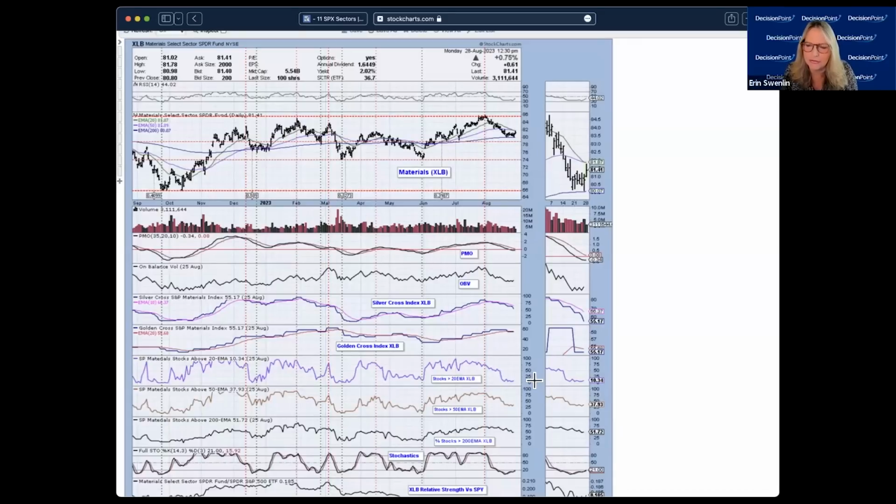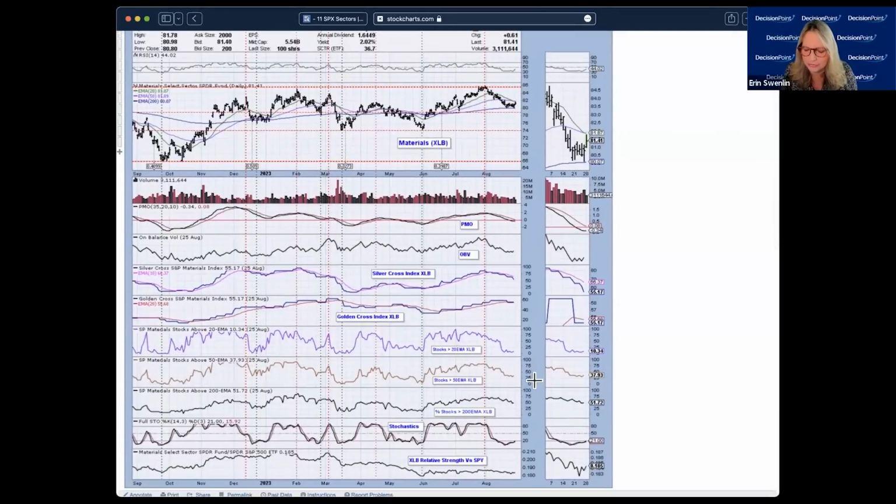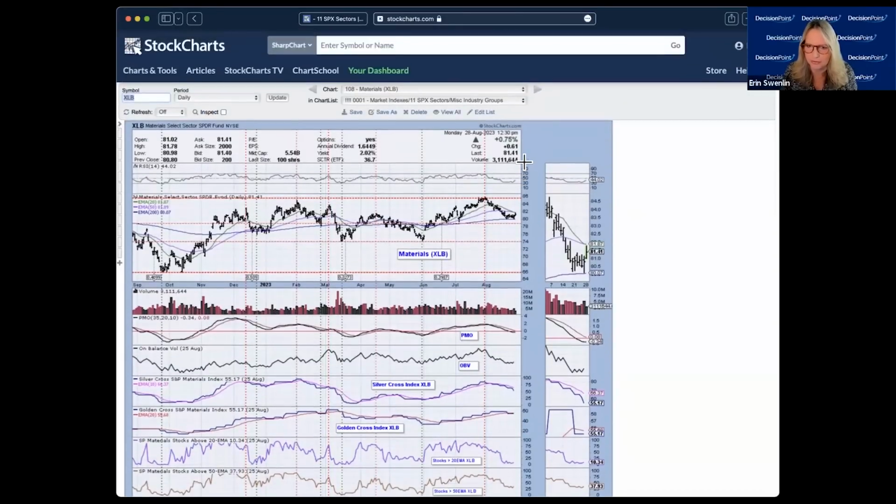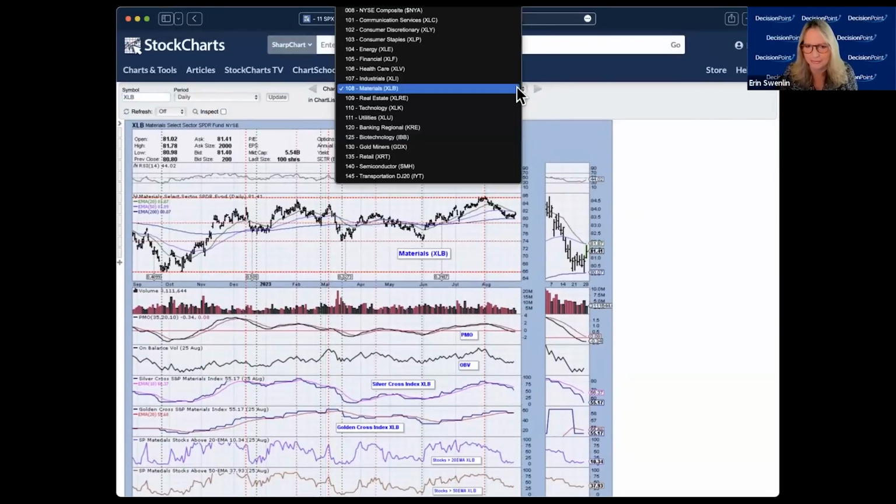This probably is due to the metals are starting to look a bit more bullish right now. And that is probably what's going on. But materials are made up of more than just the metals. There's chemicals in there, among other things. And clearly those aren't really doing as much as we would like to see them. But we do have flattened participation here of stocks above their 20, and stochastics are rising. But I have to say, looking under the hood here, I'm not quite as impressed with materials as I was on that candle glance.